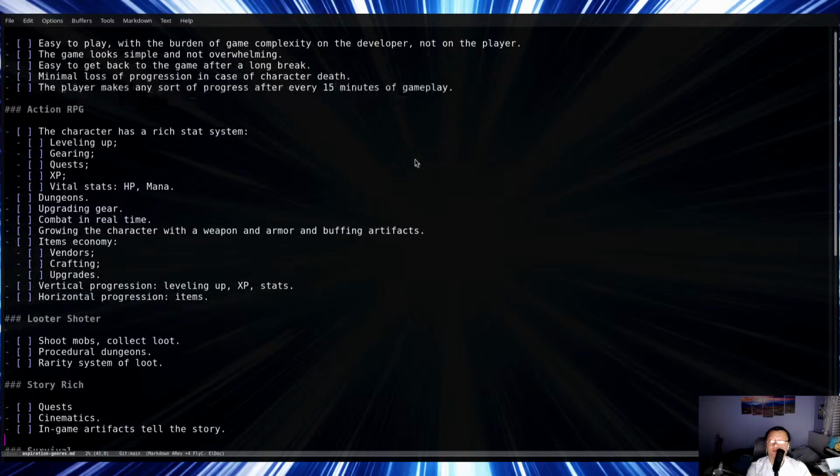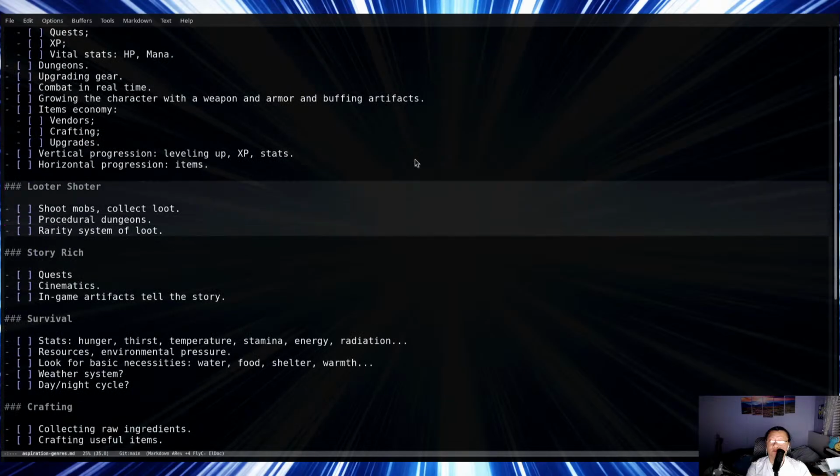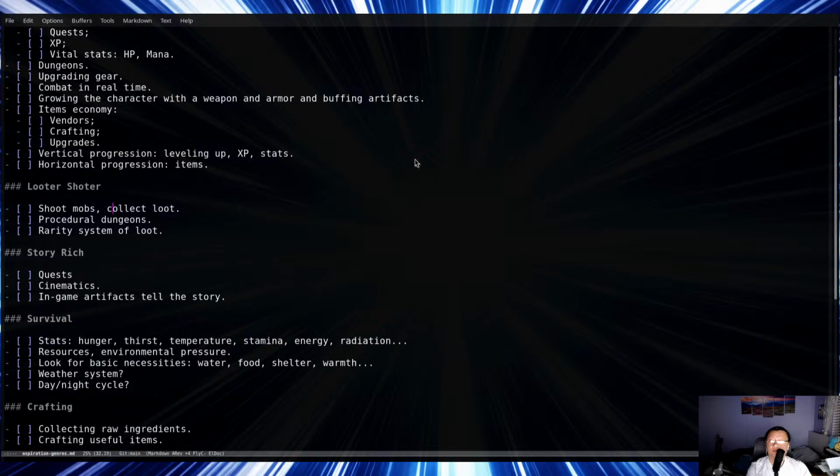So it's action RPG, looter shooter. So I want to have high energy combat, not like slow movements. It has to be like fast movements, rapid fires, and mobs should die very easily, and a lot of mobs, and a bunch of different loots. For loot, actually, I'm thinking to minimize the amount of, I don't know. Because it has to have a rarity system, so I need to think a little bit about a loot system, but I want to